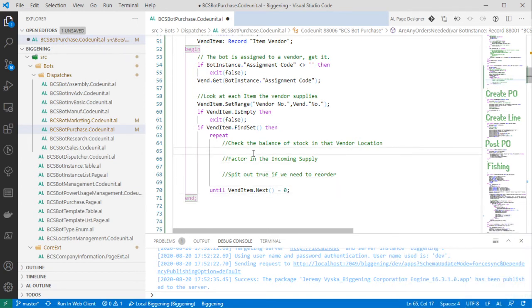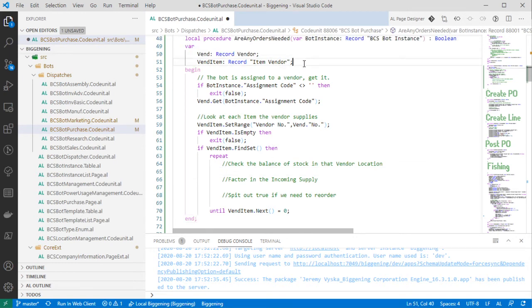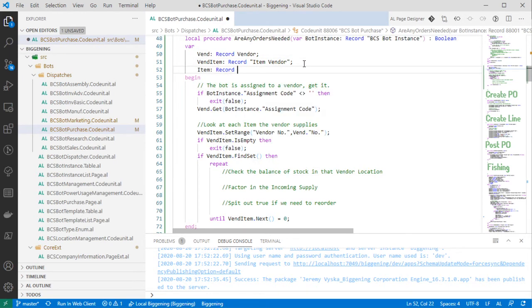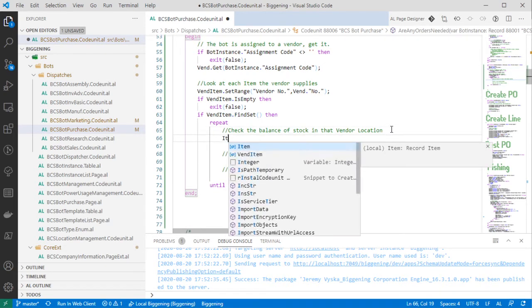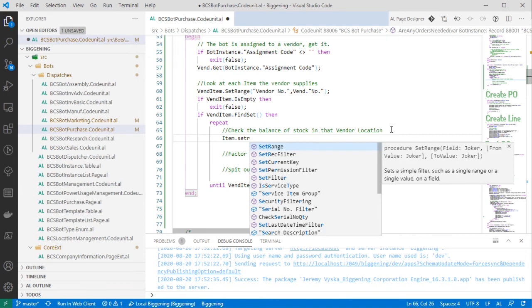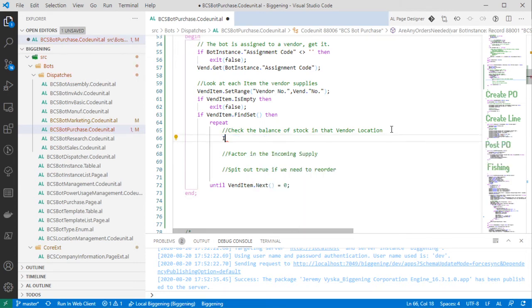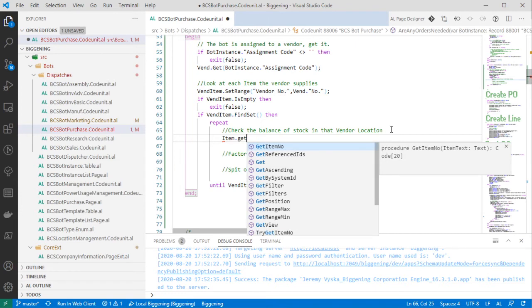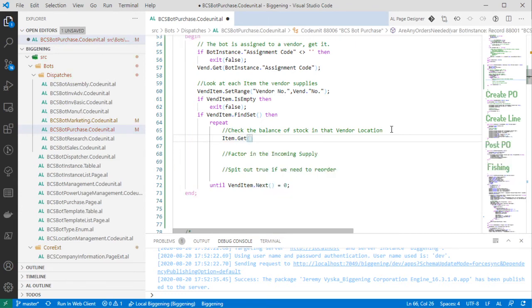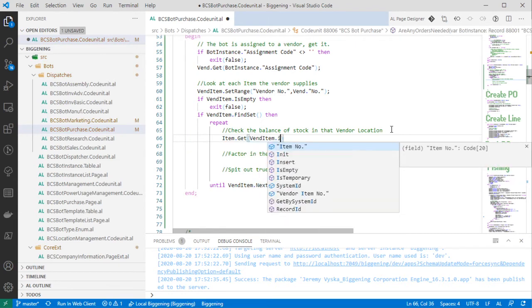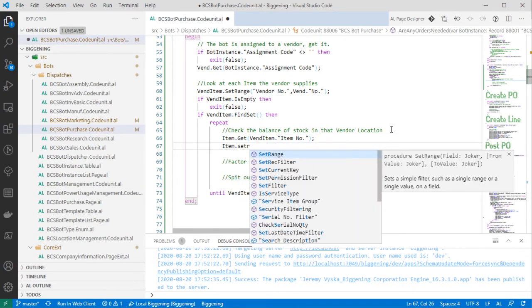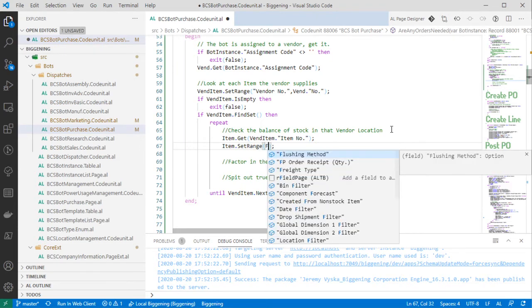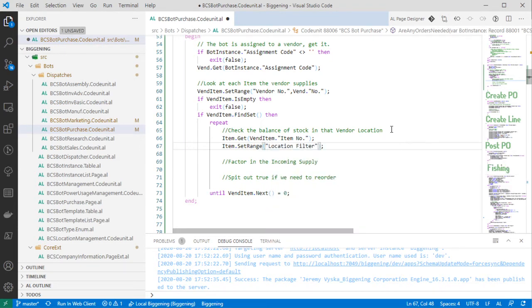Okay, so now we will want the item as a record as well, because we're going to calc fields on a couple of fields on that. So item dot set range. Whoops, nope. We need before. Nice and simple. We're going to get first. Get the item of the vendor item dot item number. And now that we're on the item, we'll set range on the flow filter called location filter with the vendor's